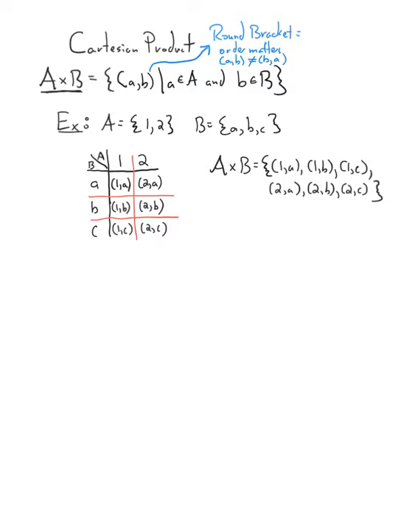And note, well, A has 2 elements, B has 3 elements, and A times B, and we'll talk about this in the next video, has 6 elements. And that's going to be a pattern that is always going to hold. You can see what we're doing. We're kind of drawing a rectangle that is 2 by 3. So of course there is 2 times 3, 6 little cells here, 6 possible combinations of an element of A and an element of